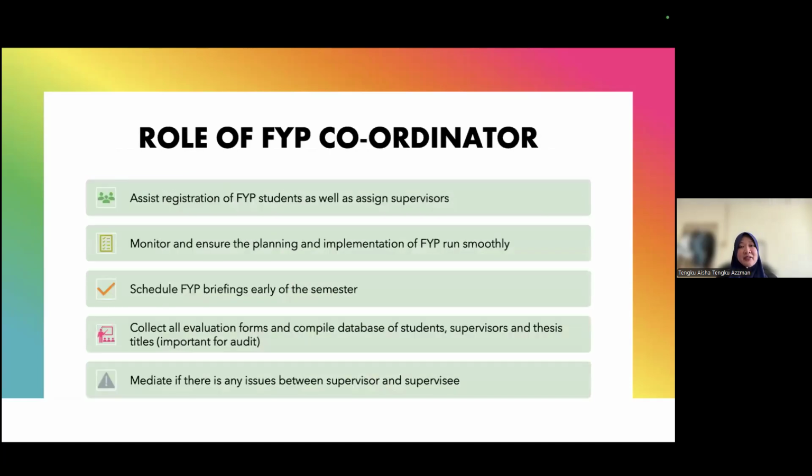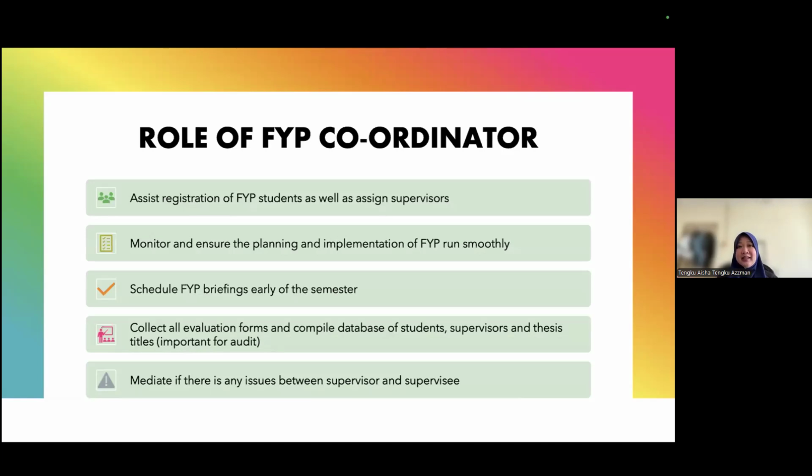And like I mentioned earlier, I think it's also very important for the FYP coordinator to play their role. In our department, the FYP coordinator assigns students to supervisors. And like I said, it depends on the department, how this is being practiced. Sometimes we look at the teaching load, so we don't want too many FYP1 and too many FYP2 at the same time. We also look at whether students repeat FYP, so they need to be reassigned to the same supervisor or not. So these are some of the decision making that the FYP coordinator has to do.